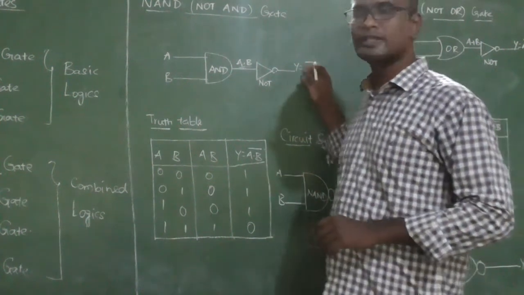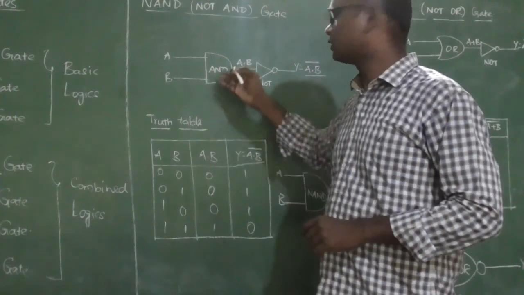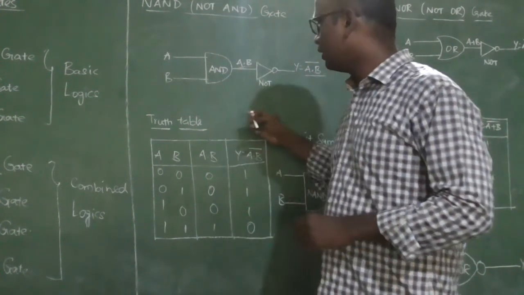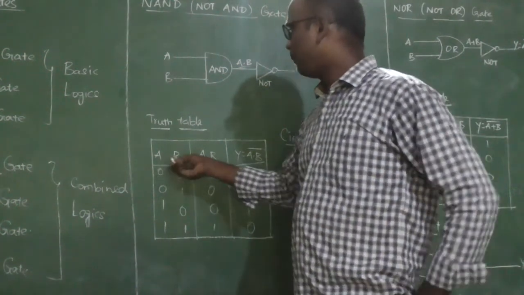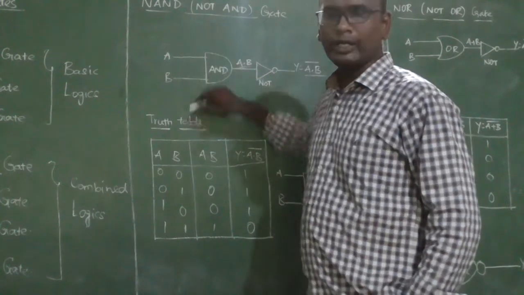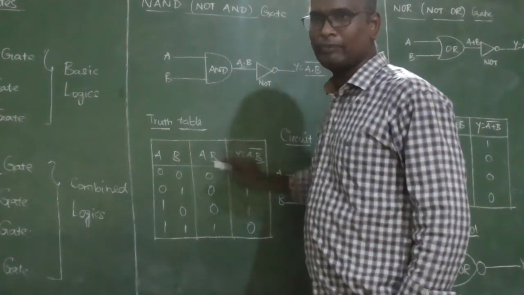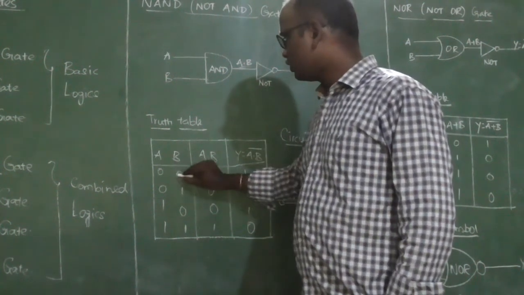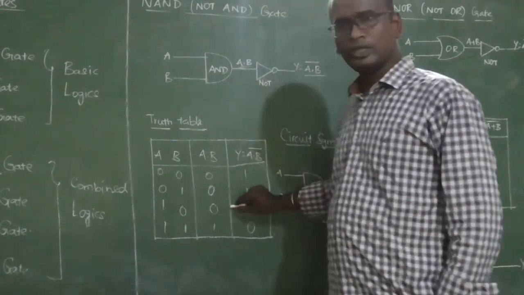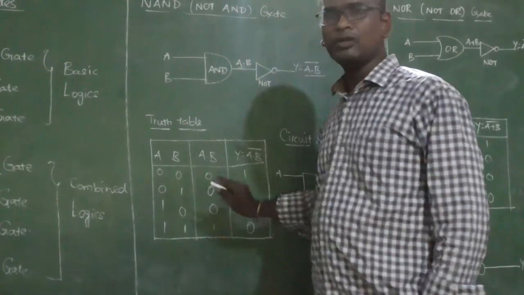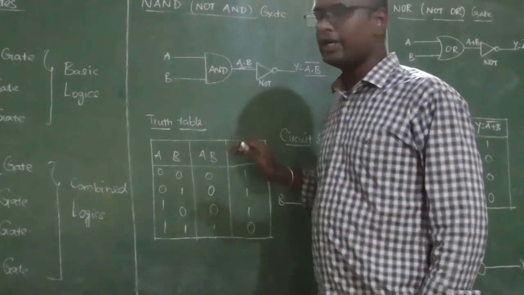We can see the result of a NAND gate in the truth table, how this logic circuit performs according to the truth table. If we apply A and B as the inputs of the AND gate, this AND gate will produce the output A dot B. If we apply 0, 0, we get 0. For 0, 1, it is 0. For 1, 0, it is 0. For 1, 1, it is finally 1. So this is the output of an AND gate.